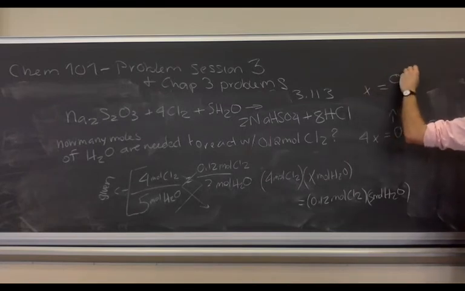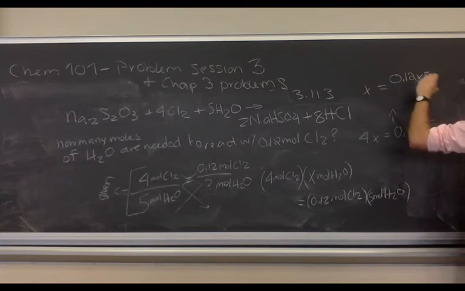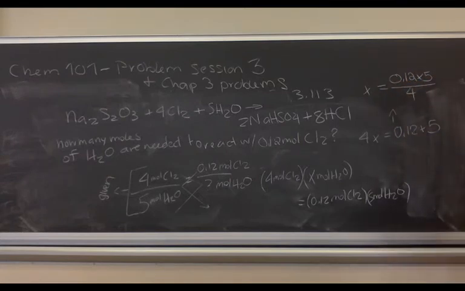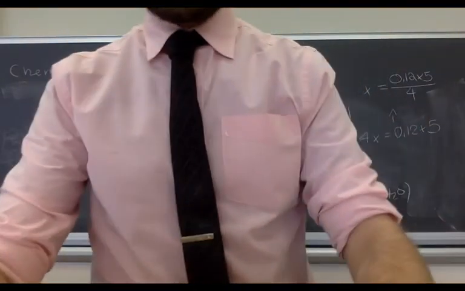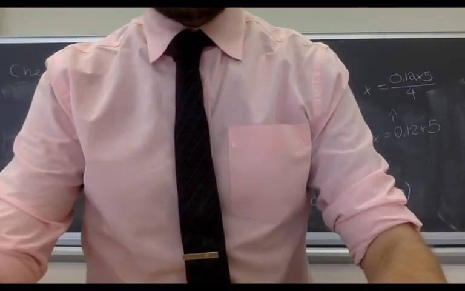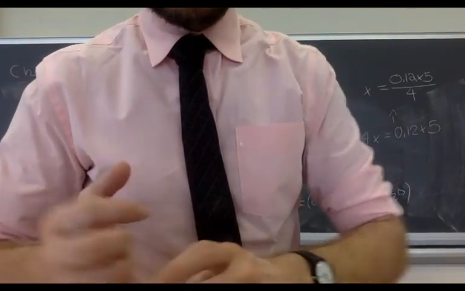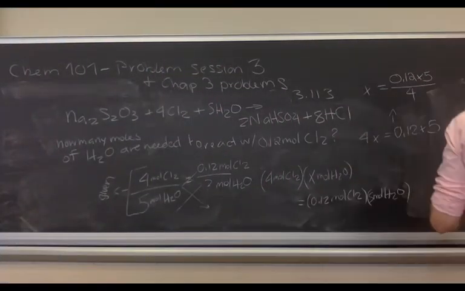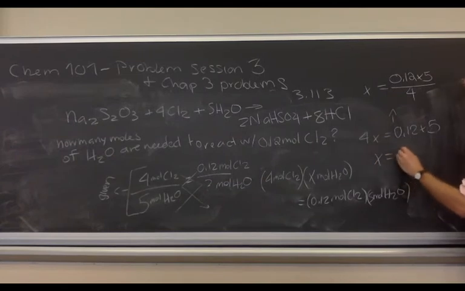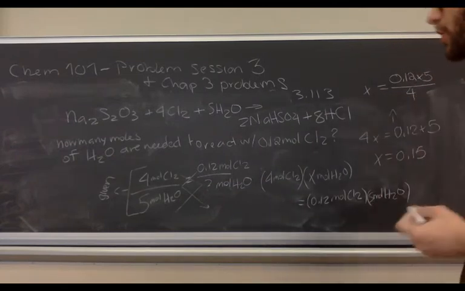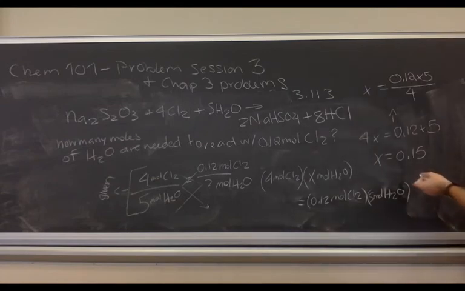So the only other thing we would need to do is isolate for x. So 0.12 times 5 over 4. So let's plug that in and see what that looks like. This is 0.12 times 5 divided by 4. And so the number we get out for x, let's now see if it's a reasonable idea. First of all, let's think about what units we're using. So we were talking about moles of H2O,